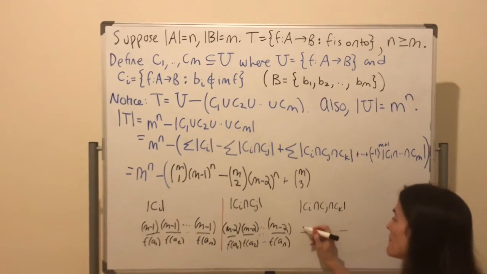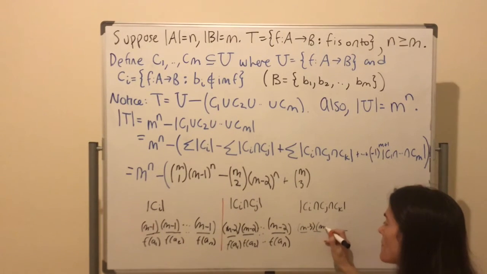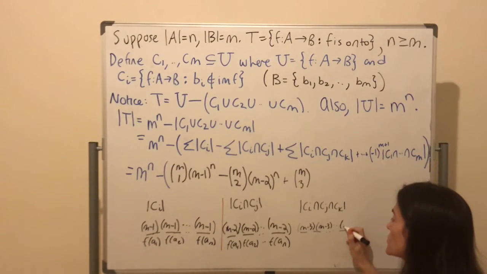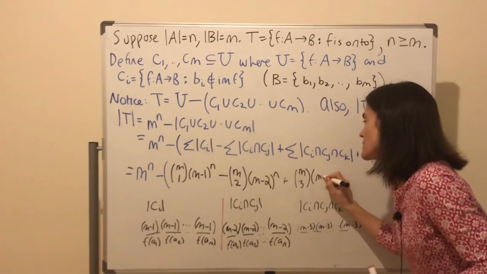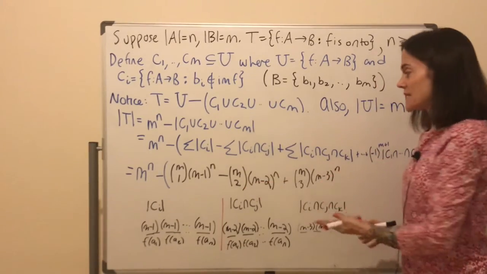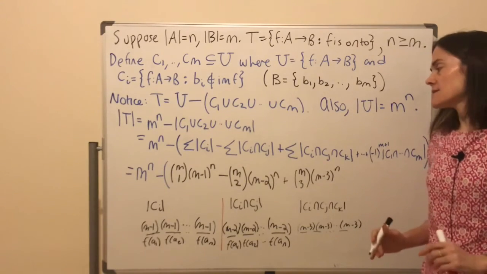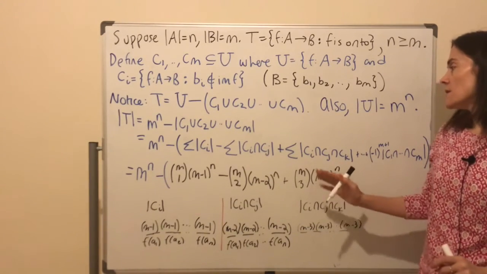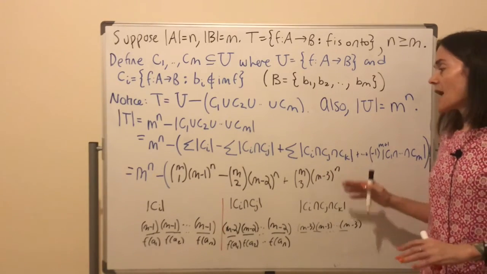So you have m minus 3 choices, m minus 3 all the way out to m minus 3. This is why I asked, do we want to do this one? Because you see, the pattern is exactly what we've seen. And this pattern will continue exactly like this, where we have m choose k, m minus k to the n,